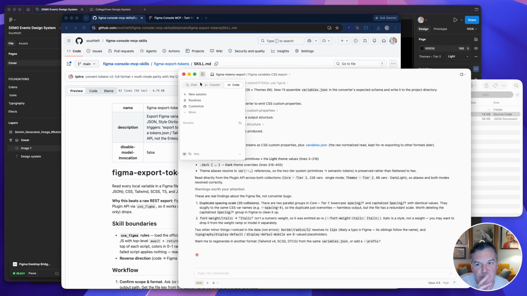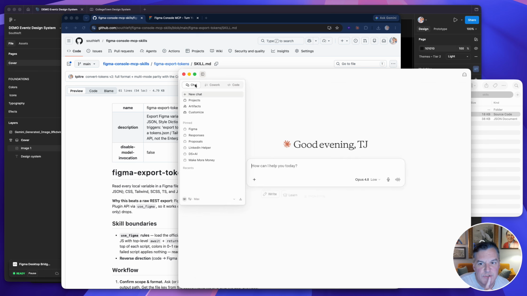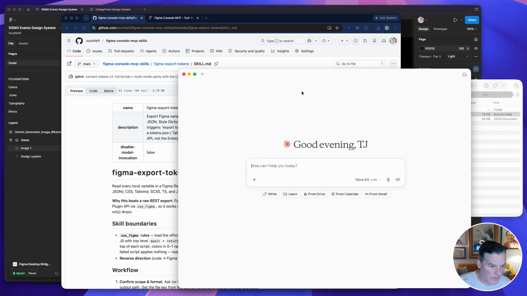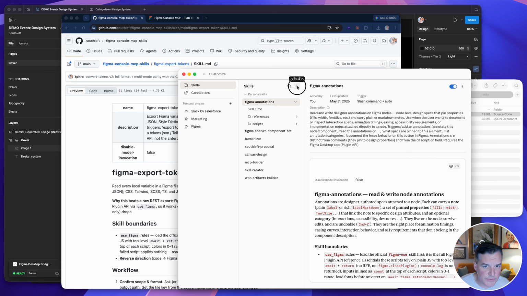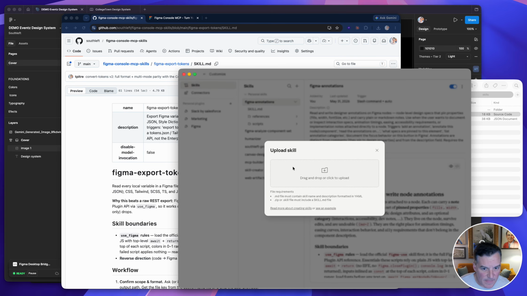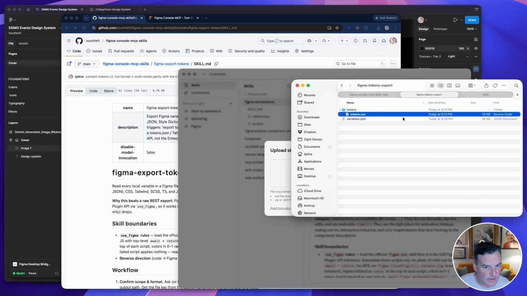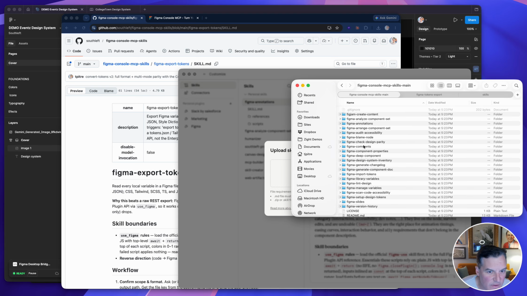Now we'll take you to one that's a little bit easier. So I want to show you how to install a skill in the chat area. So we'll go to customize, and then we'll go to skills, and then we'll go to add a skill, create a skill, upload a skill. And then so here we are in the upload area. I'll go back to where my skills are. Let's do